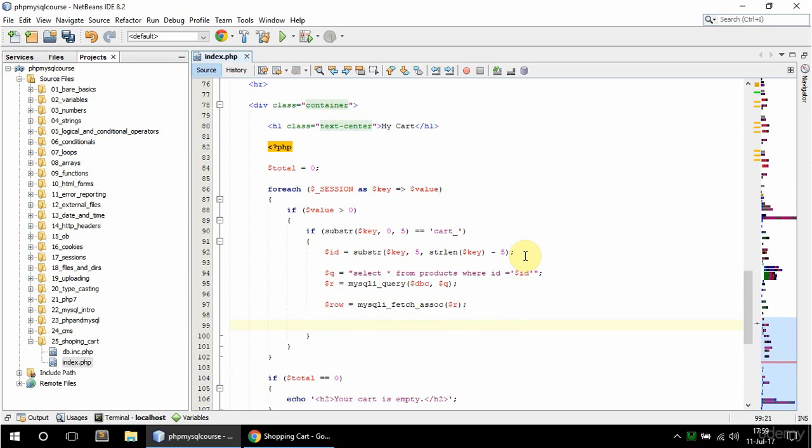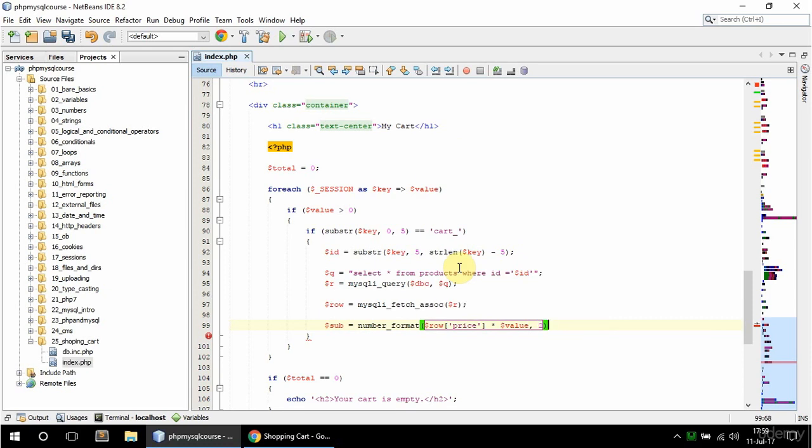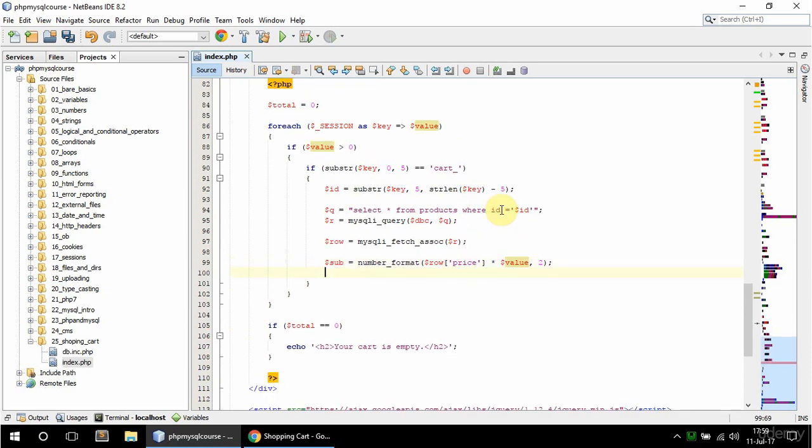And now I need the subtotal, so for this product only, so I'm gonna say sub here, and that's gonna be equal to number format. And in here I'm gonna say row price times value, that is, and two decimals,